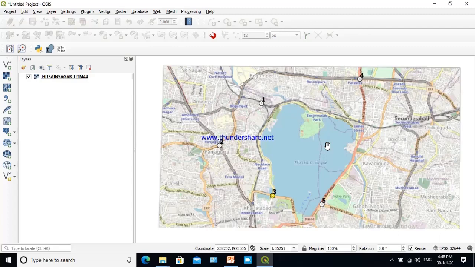The fourth method may be remote sensed imageries, and another method may be rasterization of a vector map and vectorization of a raster map. So these are the different methods by which the GIS captures the spatial digital data into its format.